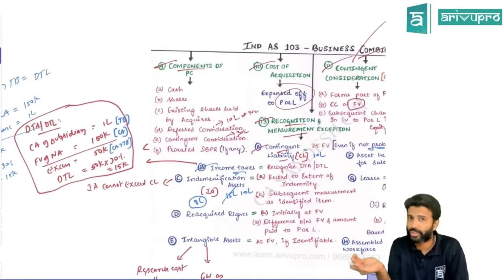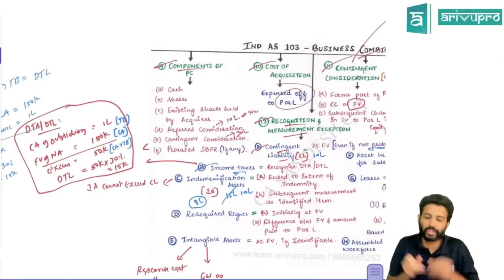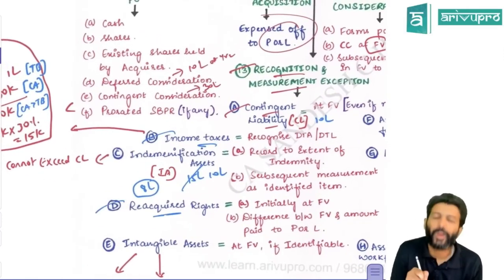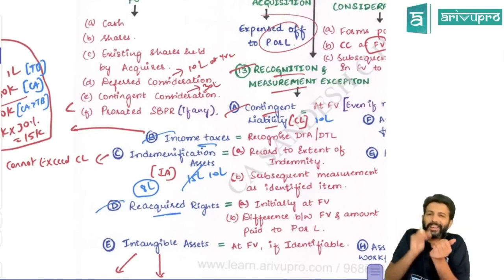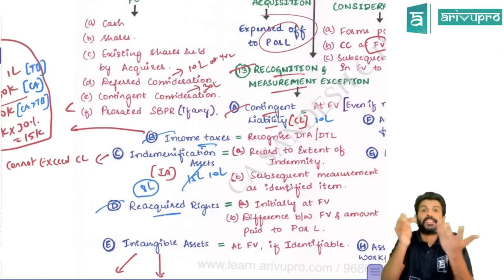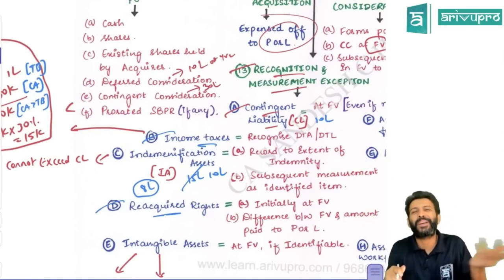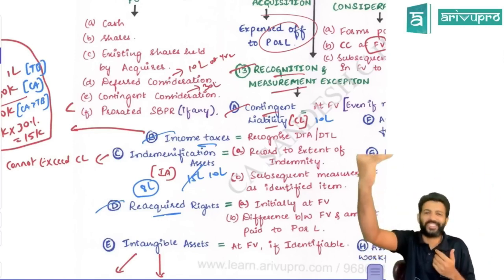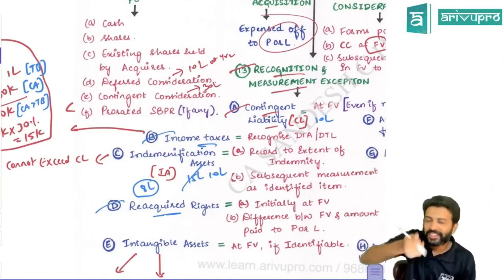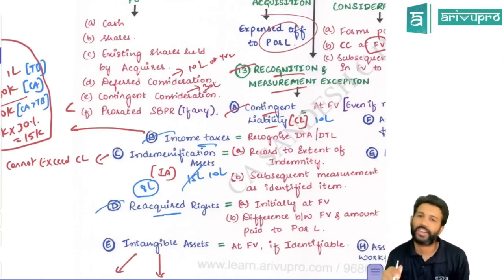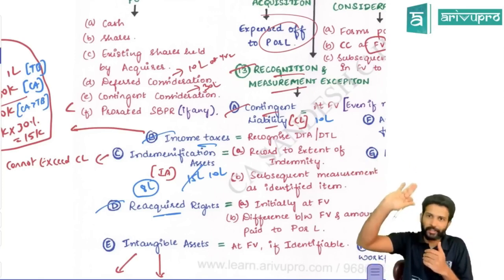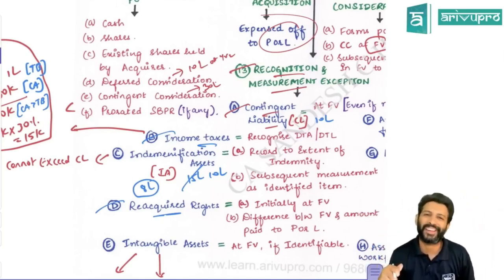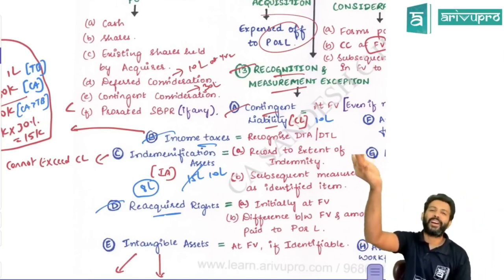Okay, if the subsidiary company has not recorded this, still when you do a business combination, you are required to account for this. That's another one. Another one is the reacquired rights. Reacquired rights means, let's say the parent company has given some franchisee. Let's say the parent company is McDonald's. What does McDonald's or Domino's and all do? One of the main businesses, they give franchisee, right? So let's say this parent has given their franchisee rights to one of the subsidiary companies. So they've already given franchisee rights. So the subsidiary is operating. Now the parent company acquired the subsidiary company. Correct? That means what happened to those rights?